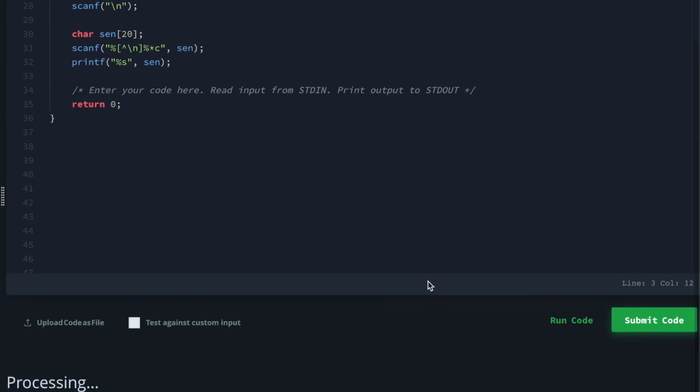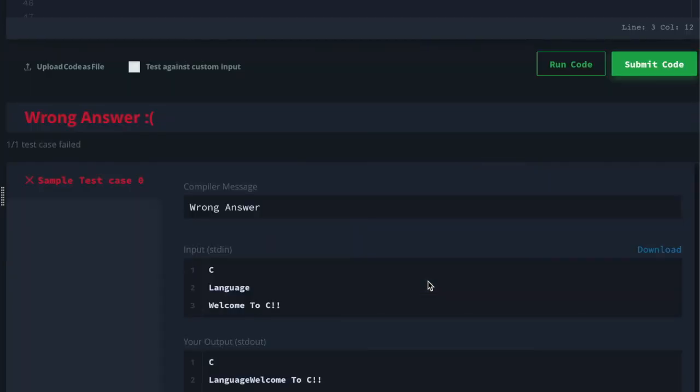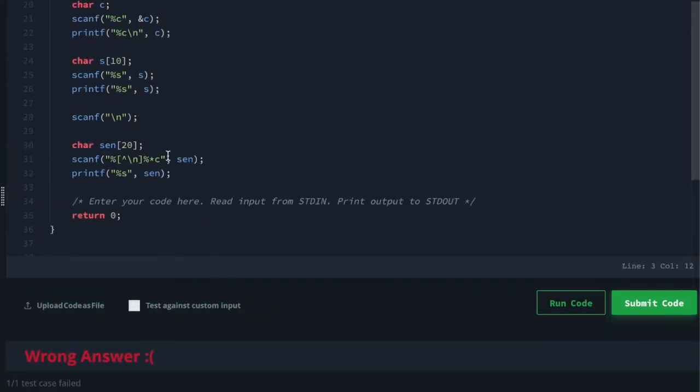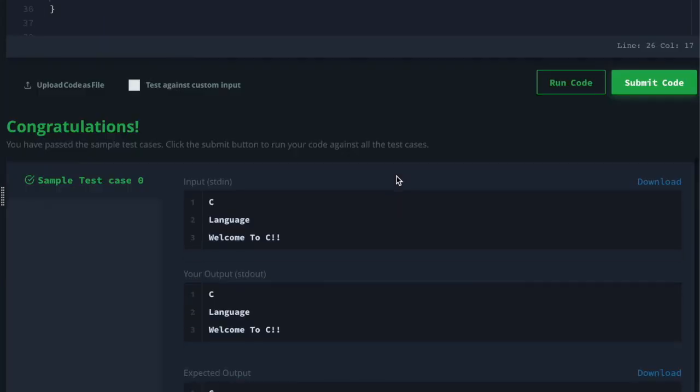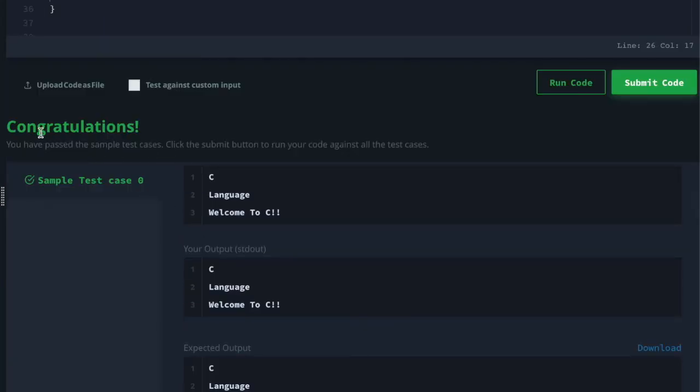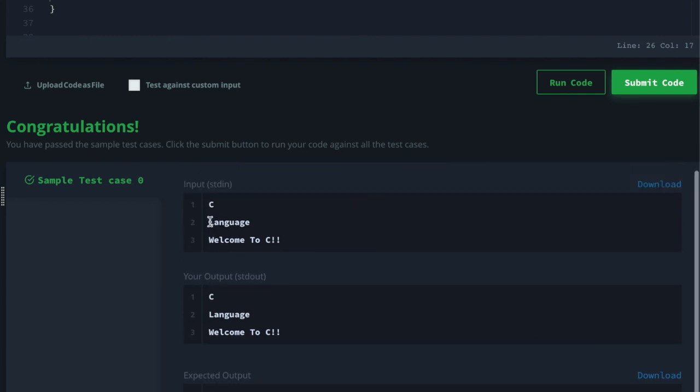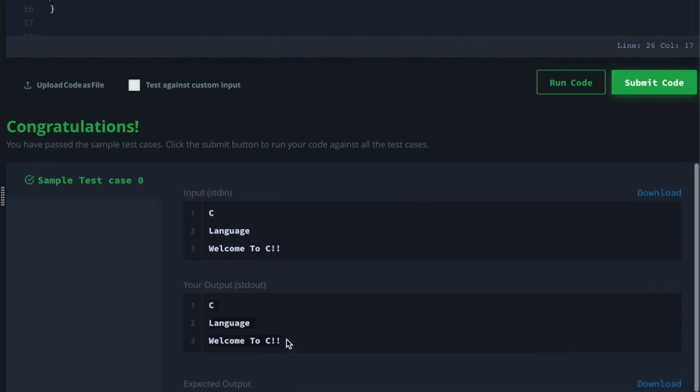When you run this code, it will give you welcome to C. Now we haven't considered the \n enter character between language and welcome to C. So we will add a \n to the language string, so that it prints a new line after it gets printed. So the test case has been passed. The input looks exactly similar to the output, and this is how we have completed our code.